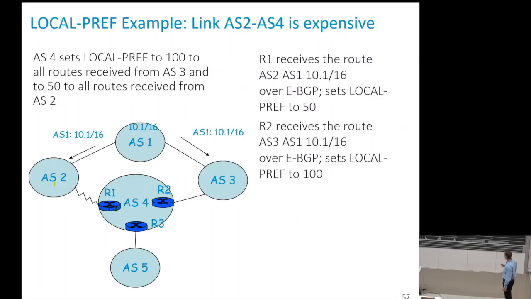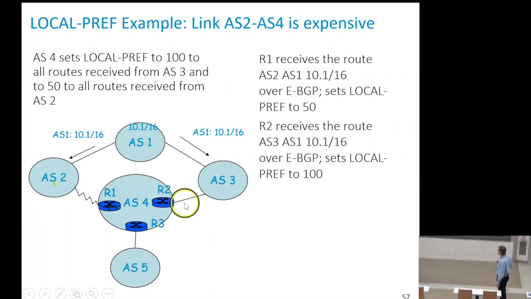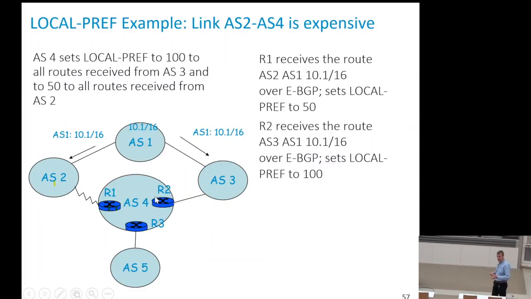Let me give an example here. I'm assuming I am focusing on AS4. It has two paths to the rest of the world, one that goes via AS2 and AS3. Perhaps it is paying a service to two different providers and doesn't want to use AS2 a lot, perhaps because the link is long and not very high bandwidth. So it prefers AS3. So one way to do this is to type in your script, that will write the route maps in all the BGP